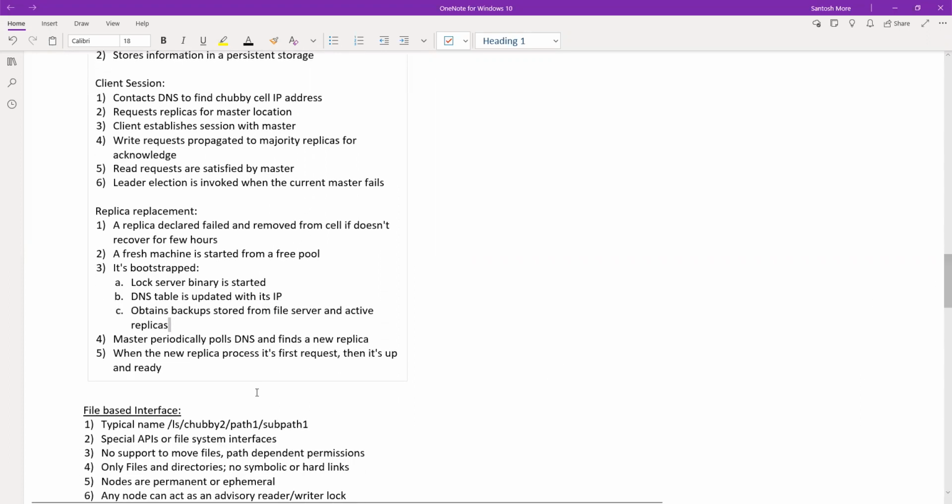And second, once the IP address is written, the master will periodically poll the DNS. That is one of the master's tasks. It has to periodically poll the DNS to find any changes, especially for its own replicas and IP addresses and all that stuff, right? Or maybe the DNS is also down, something like that. So when it is polling, it finds a new replica, and when it finds a new replica,